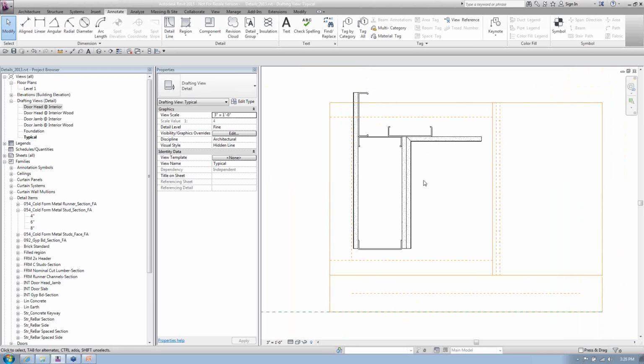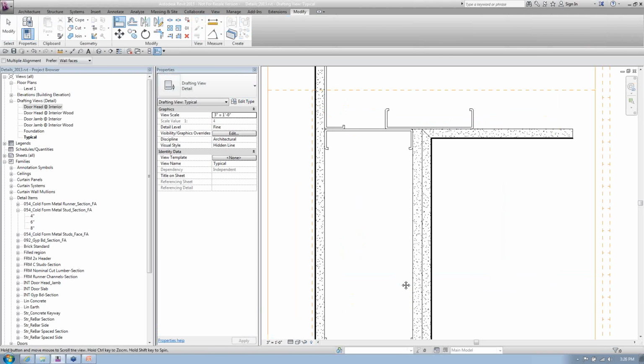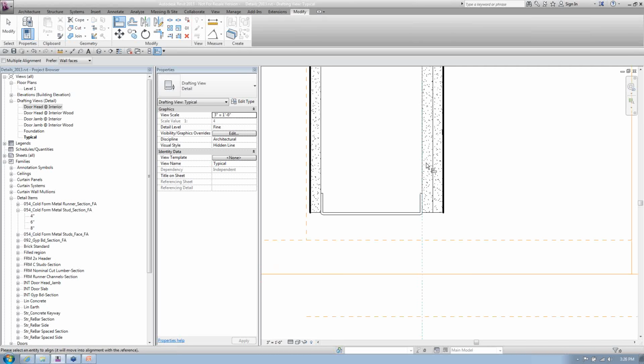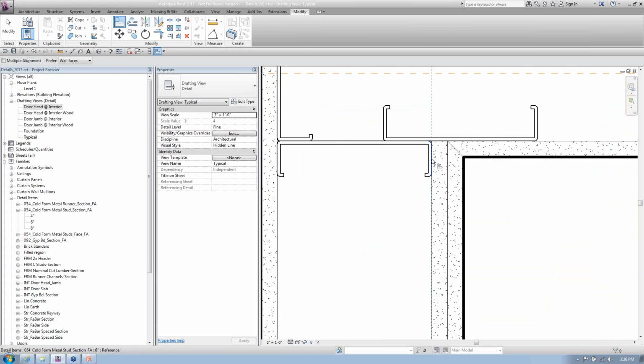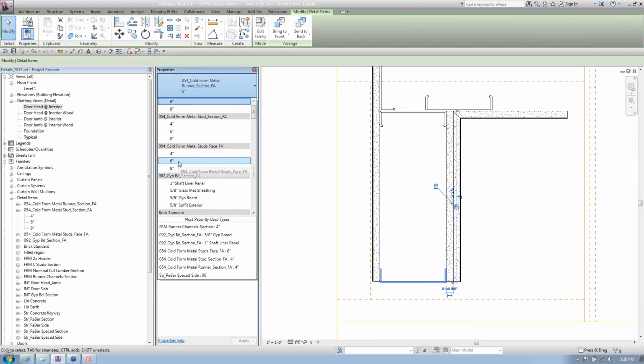So if I wanted to make this a standard detail and make things update easily as people came through and started adjusting things, I would go back and grab the align command and use this stud as my base. I might need to use my tab key to get to this. Actually, in this case, it's the metal runner. I'm going to use my tab key to get to this metal runner down here and select that metal runner. Then I'm going to select the gypsum board and padlock it. I'll go back down here and grab my metal runner again, and maybe I'll grab this metal stud up here and padlock that one. So as I'm going through and adjusting it, now if I take this stud and say, oh, this wanted to be a 6-inch metal stud because I have it as a runner,